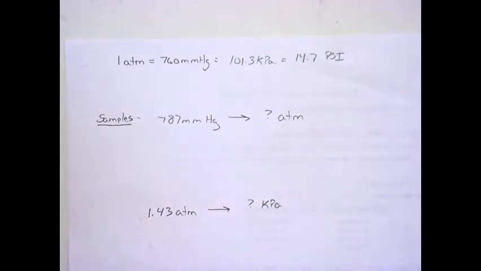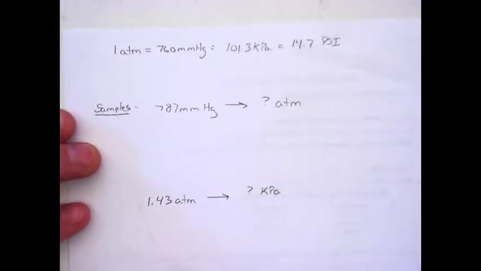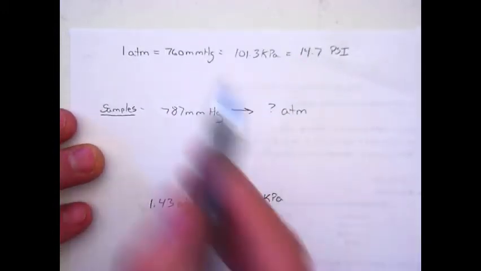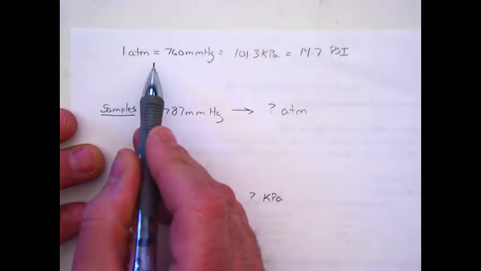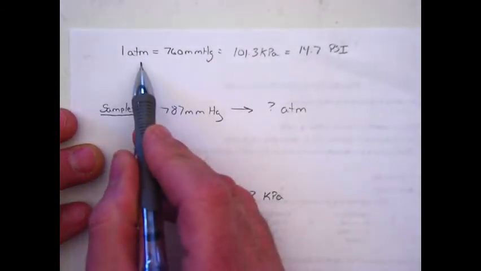Today, we're going to be looking at simple conversions for pressure units and also temperature units, as well as simple problems involving the calculation of pressure, which is force divided by area. Now, first of all, for pressure conversions, the basic units and the basic equalities for pressure is 1 atmosphere is